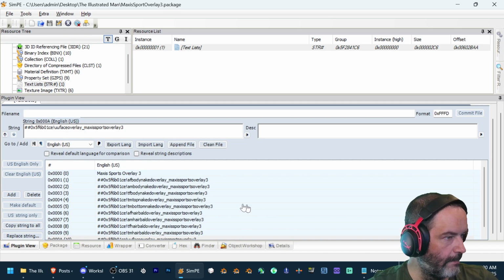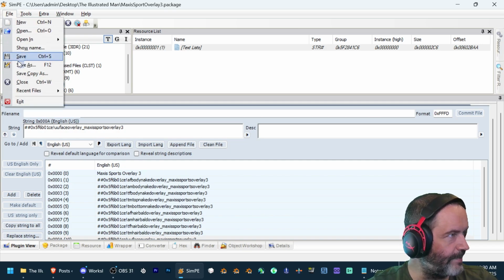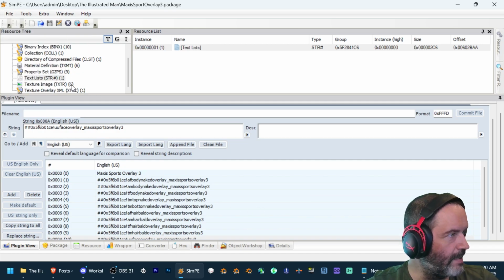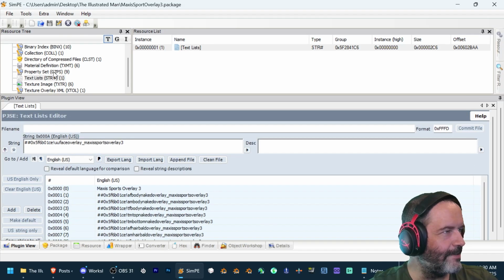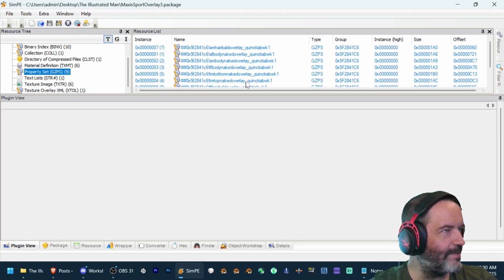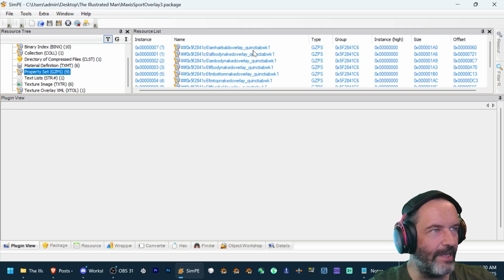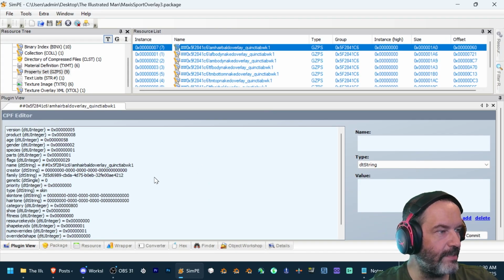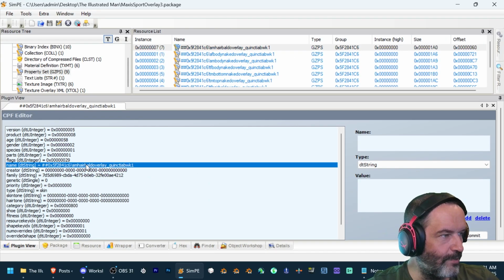Then we commit, and we can go ahead and save that too. That's the STR. Where's my commit? So then we move on to the GZPS. And the way that I like to do this, because I already have the unique group number copied, I just